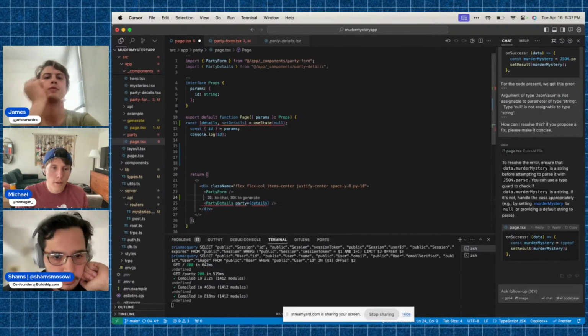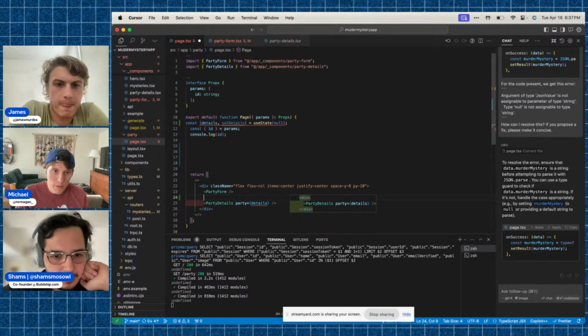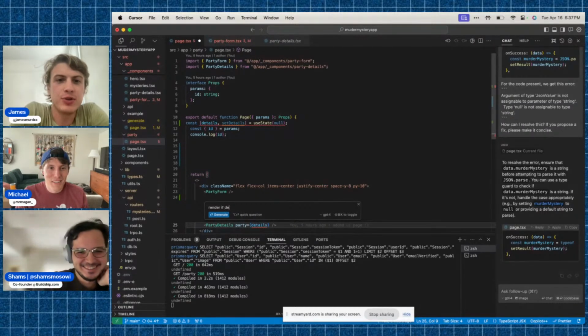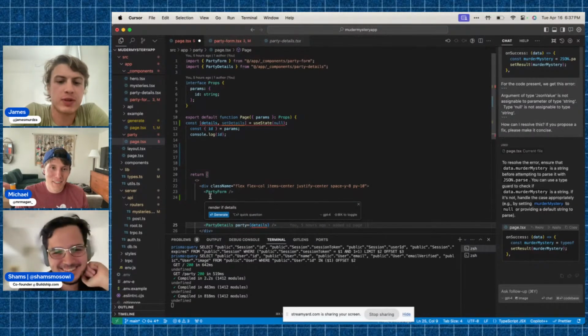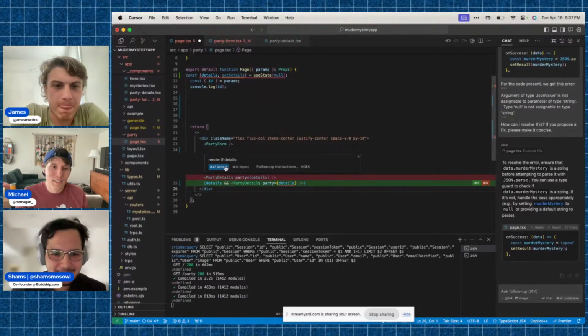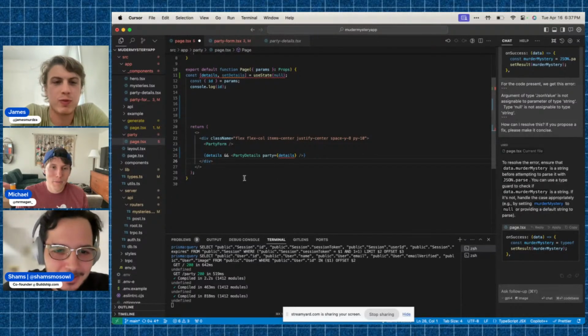Yeah. Honestly, you can just ask Cursor to do it for you. So I ask, and then you answer. I do the details ampersand. Yeah, I'll do it. There you go. Perfect.